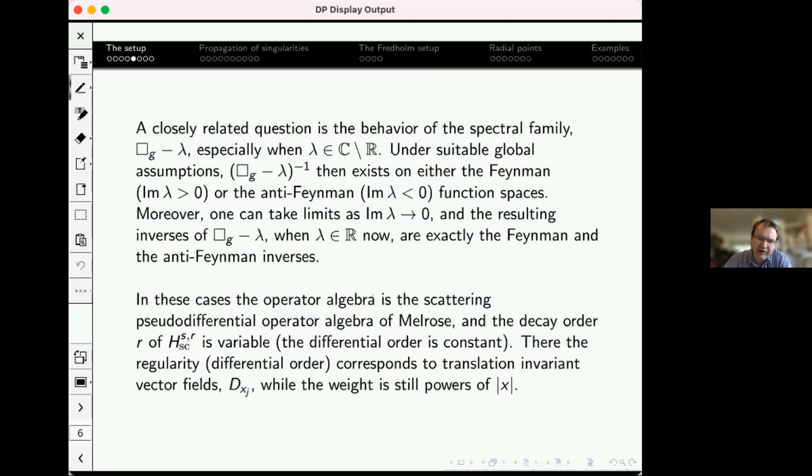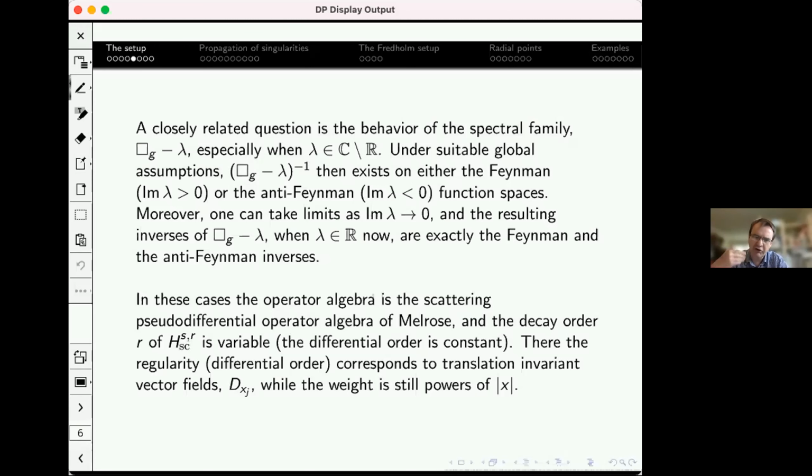Now, a closely related question to all these invertibility and domains is the behavior of the spectral family. So now it's box minus lambda, and it's natural to start by thinking about what happens when lambda is not real. So it's a complex number, which is not real. And again, under suitable global assumptions, we get the invertibility of box minus lambda. And then concretely on what kind of spaces, they will be either what corresponds to the Feynman or the anti-Feynman propagator. So the Feynman, the anti-Feynman function spaces, and this depends on the sign of the imaginary part of the